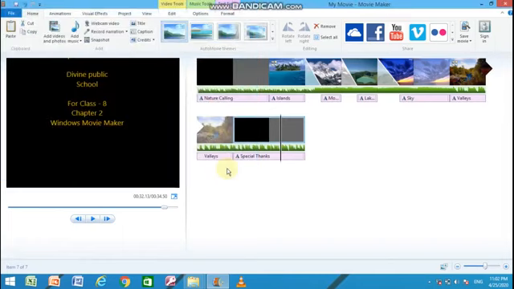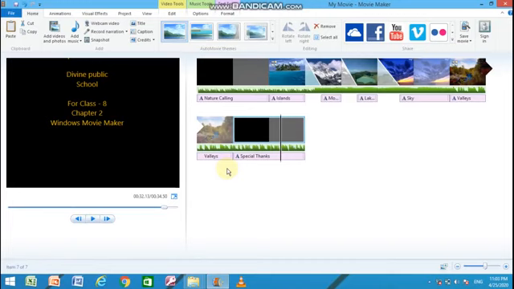But students, the file could be played only into that computer system where Windows Movie Maker is installed. If there is no Windows Movie Maker into that particular computer, either you download it from internet as Windows Live Essentials, or you can export your movie into a format that can be easily played by the popular media players.